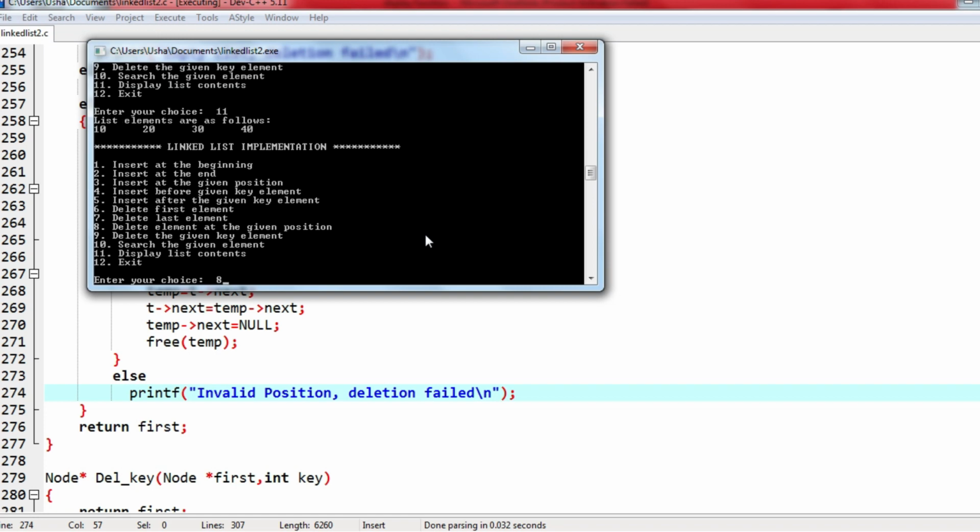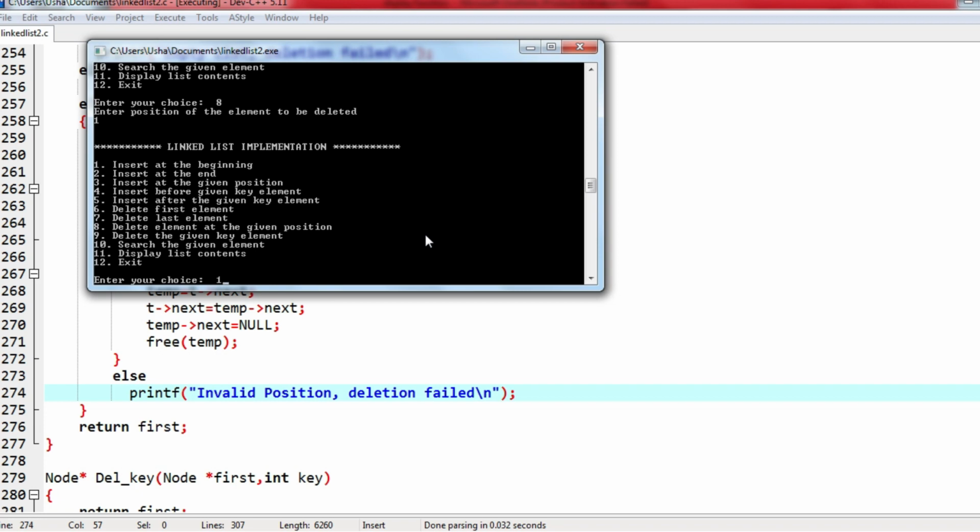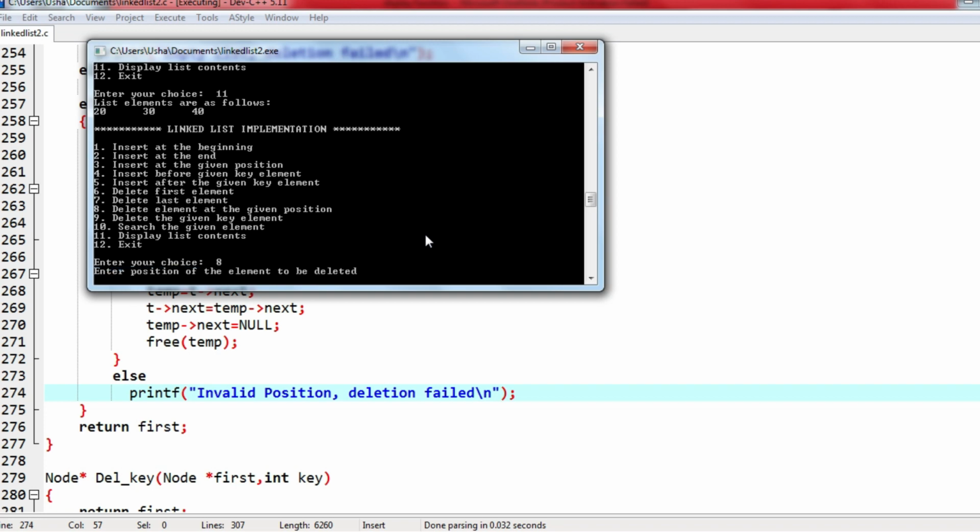Then again I'll give choice 8. I will say position number 1, which means the element 10 should be deleted, and then I should have 20, 30, 40. Yes, that is correct. Then I will give position number as 2. So 30 should be deleted and I should be left with 20 and 40.